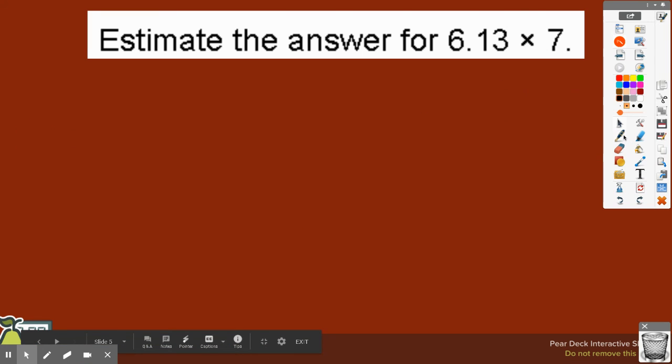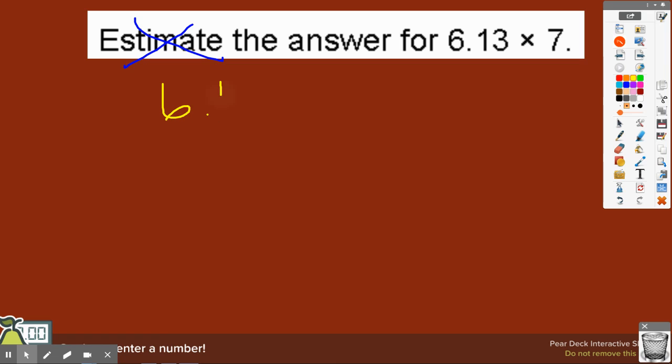All right, now they want you to estimate your answer for this, but I have been telling the students not to estimate this one. I've been telling them to do it. So first we would write out 6 and 1300ths times 7. Now remember, we're ignoring the decimal for right now, so we're just going to do basic